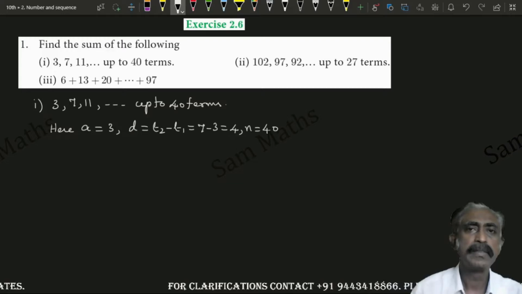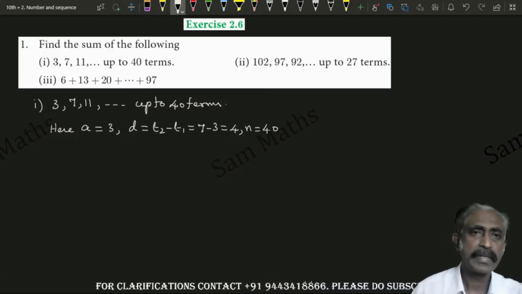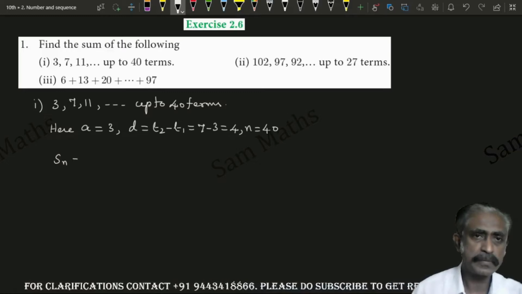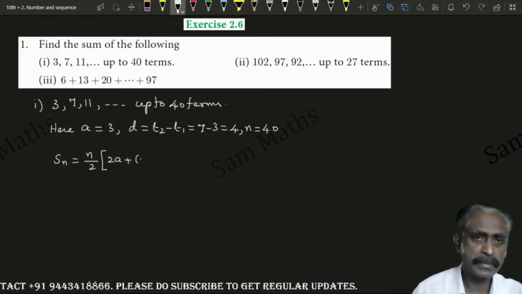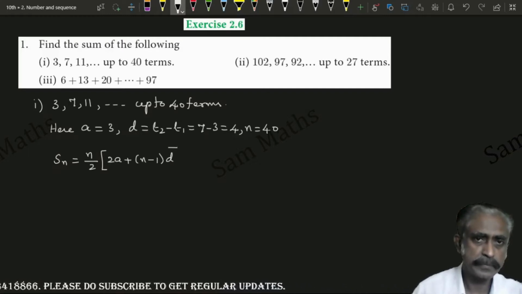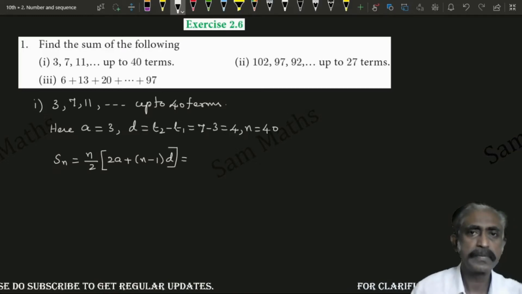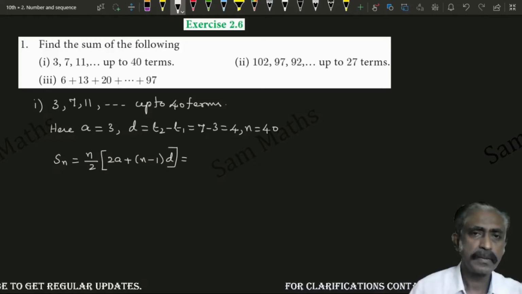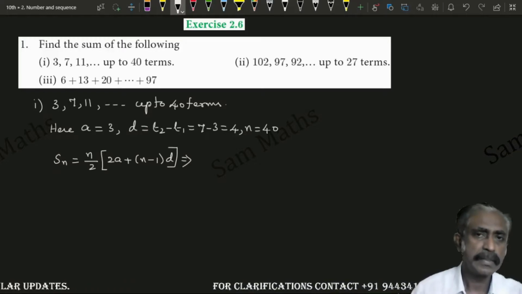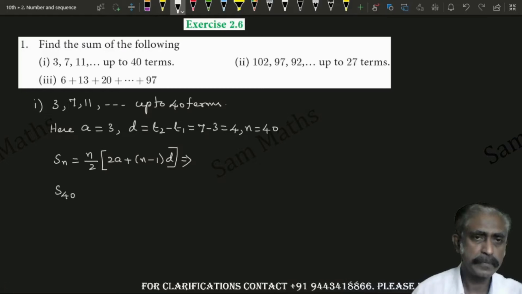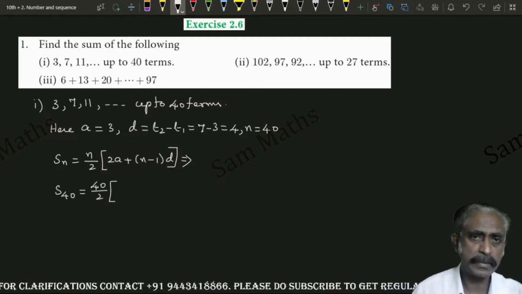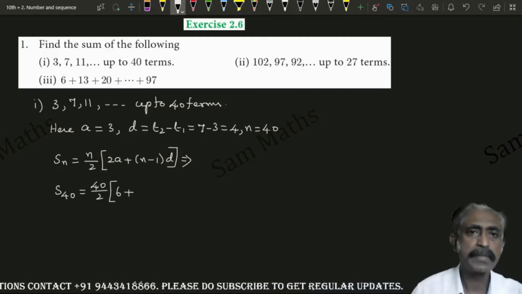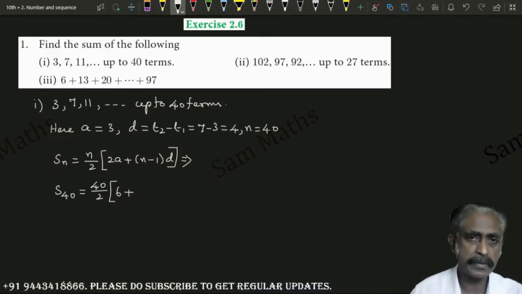Clear, children? Now we can use the formula Sn is equal to n by 2 into 2A plus n minus 1 into D. This implies S40 we need, equal to 40 by 2 into 2A, 2 into 3, 6, plus n value is 40, 40 minus 1, 39 into D value 4,